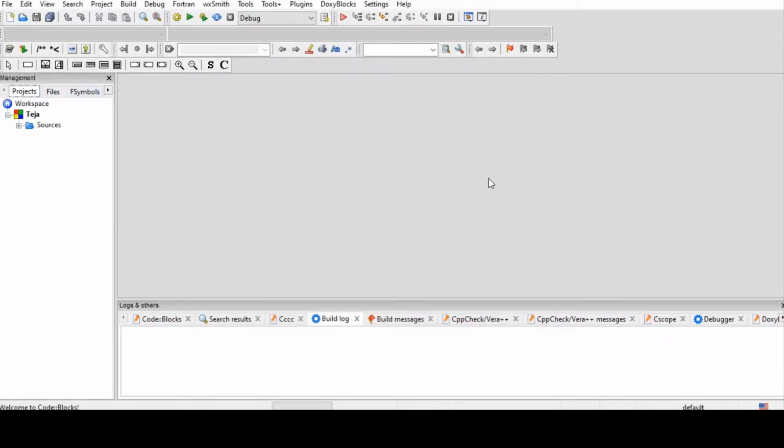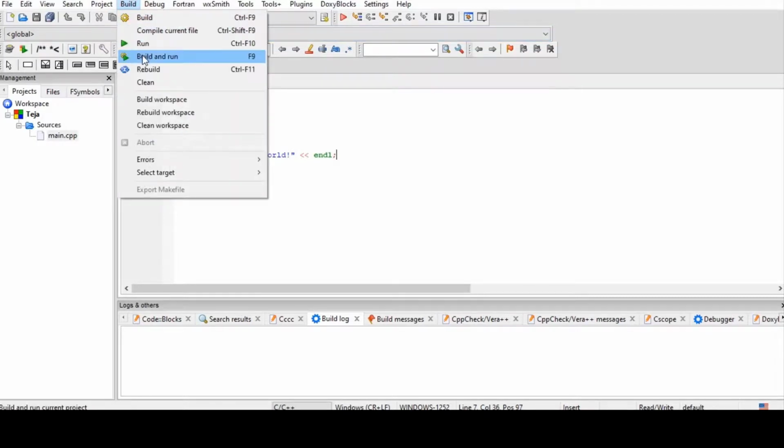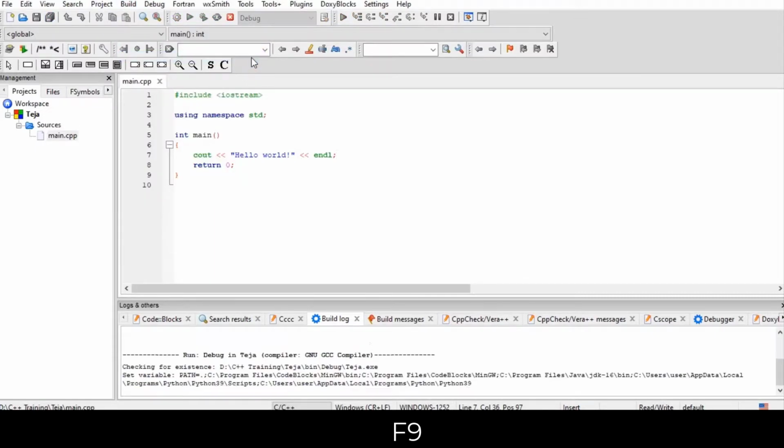In this workspace nothing is visible, so I am clicking on sources. Now also nothing is visible, so click on main.cpp two times, and then the program will be visible. If we want to run this program, click on build and run, or you can press F9.